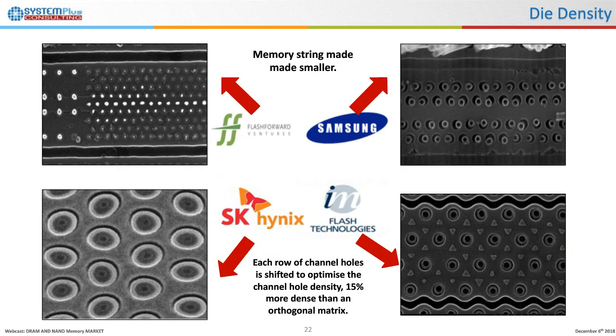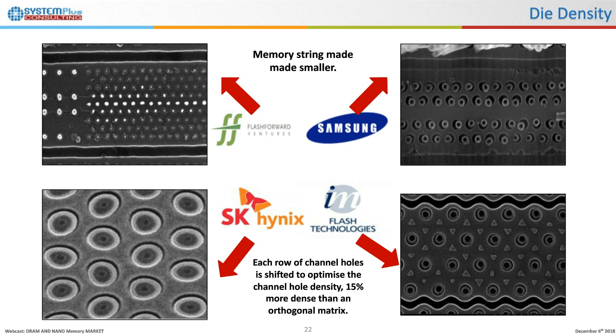So the four images here show the NAND dies after removing the top metal layers. This reveals the memory strings that actually hold on to the information. As you decrease the memory string, this is one of the strategies that they have. They try to decrease the NAND string area so that they can have a higher density on